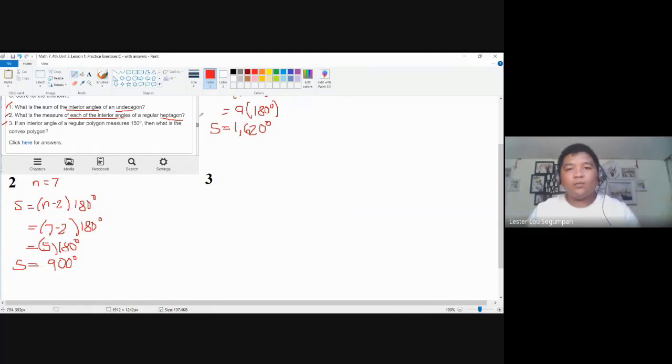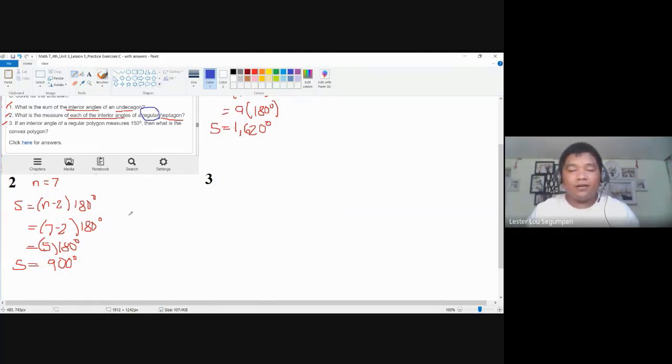I would like to highlight one important thing. In our given, we are told that it's a regular heptagon. And a regular heptagon is an equilateral and at the same time equiangular polygon. If we say equiangular, all interior angles have the same measurement. So by looking at the claim that it's a regular heptagon, we can just simply divide it by the number